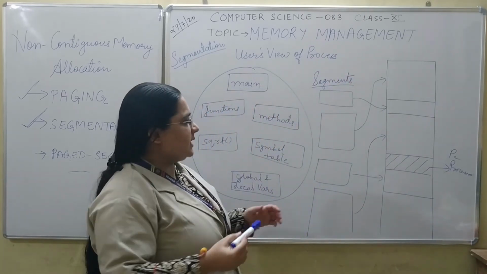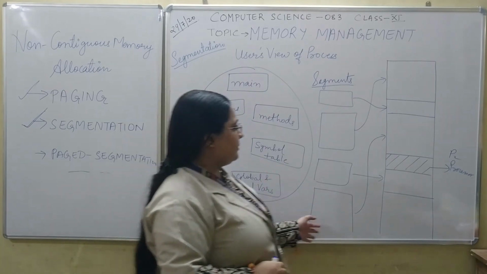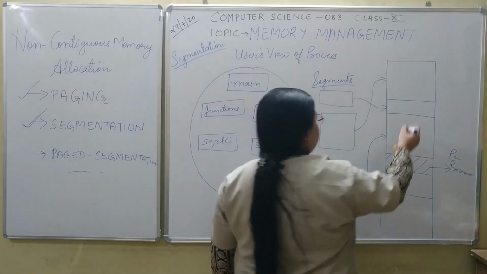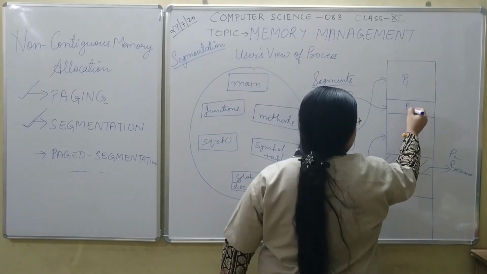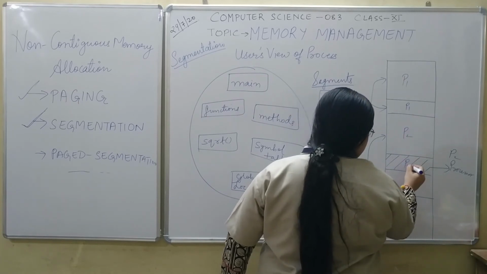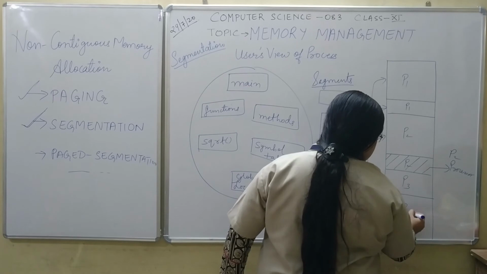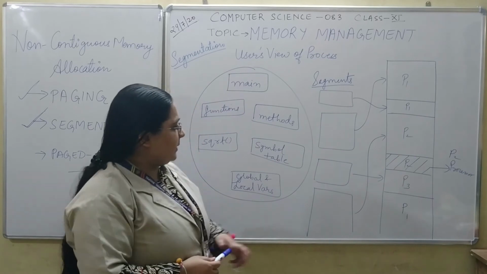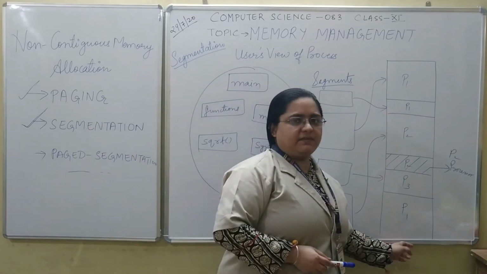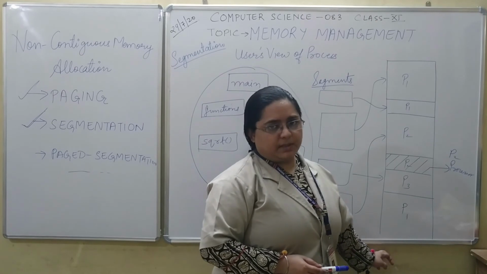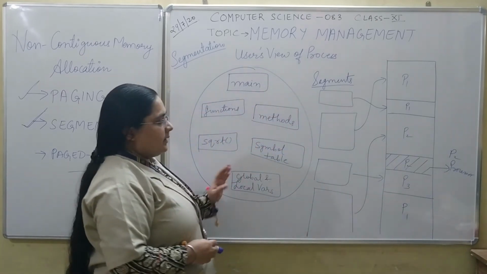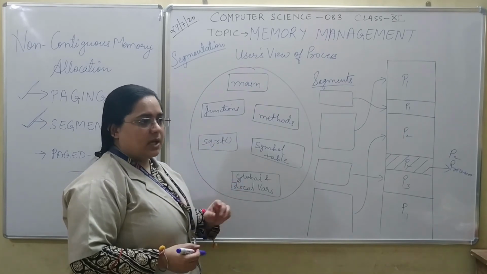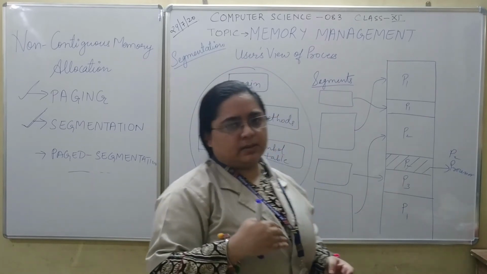So likewise, different processes can have their own different segments which can also be stored in these variable sized frames, and in between you can see that this may refer to P1, this may refer to P2, this also refers to P2, this can be for P3, or this can be for P1. So this way any segment of any process can be stored in any variable sized frame within the memory. But here also, although internal fragmentation is not there, external fragmentation is there, but it is very less as compared to non-contiguous memory allocation.